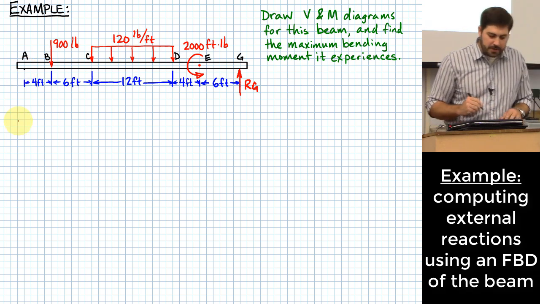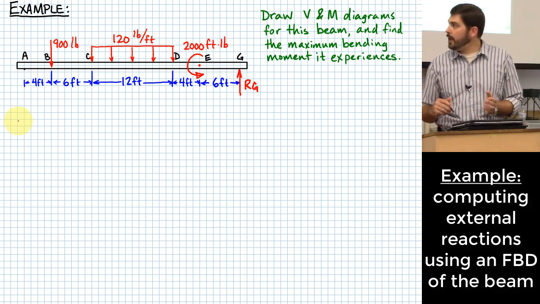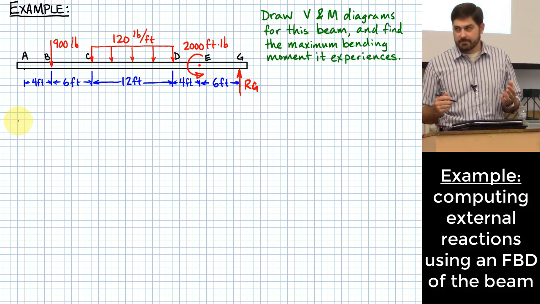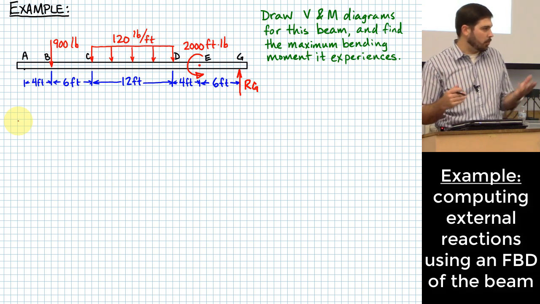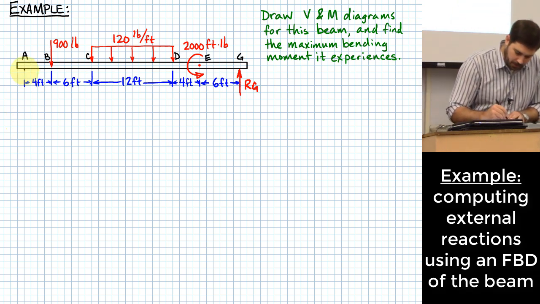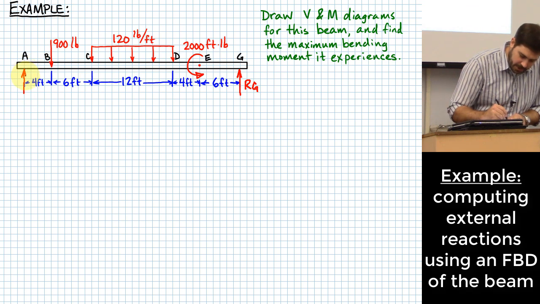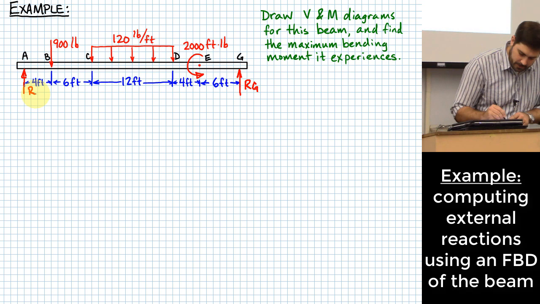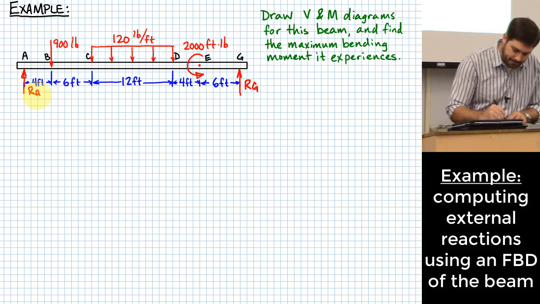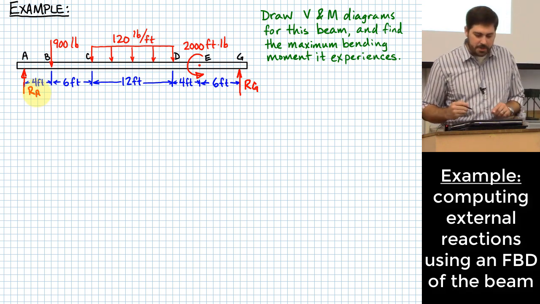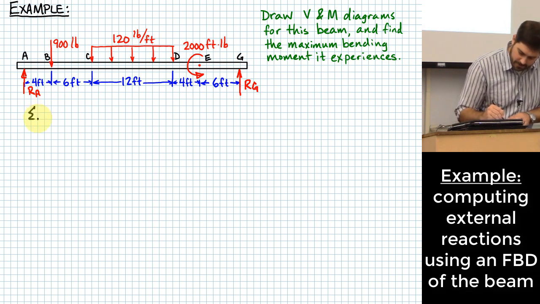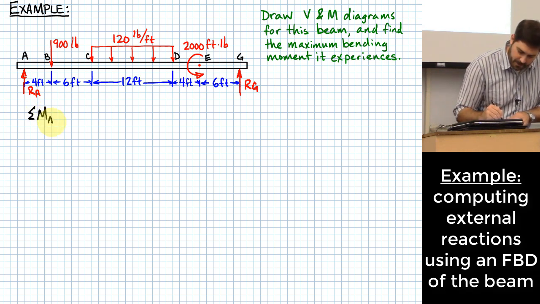Okay? Since it's a pin at A, it could have both components of reaction. But will it? It won't, because there aren't any externally applied forces that have X components or horizontal components, right? So I can just go ahead and put that in as just a vertical, to make it less confusing. And I'll call that RA. How do I find RG and RA? We can sum moments, maybe about point A,